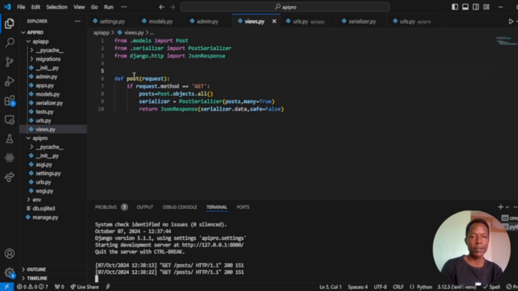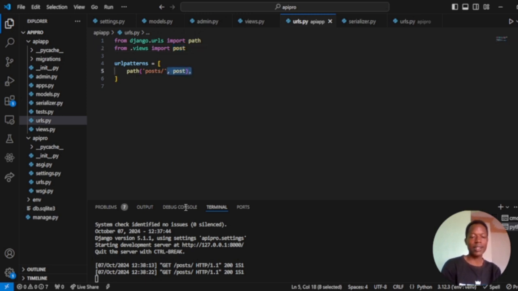If we go back here, realize that I had created this post here, so it was kind of overriding the existing posts that come with the module. So as you can see here, I had to make some adjustments. I had to use a different post format. You can see that this is lowercase, so it shouldn't be overriding. I had the post here, which is almost the same as the post that is in the module section, so it was overriding. So it's advisable to use a different name from the one used in the module section. Once you do that, you have to go back to the URLs as well and adjust it, as you can see that I adjusted it. Once you are done with that, you can see that